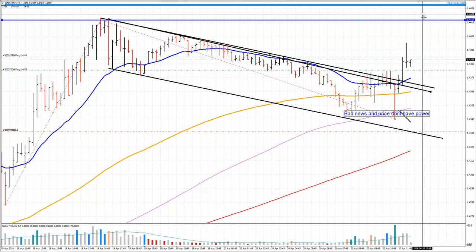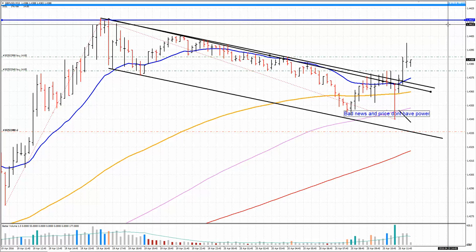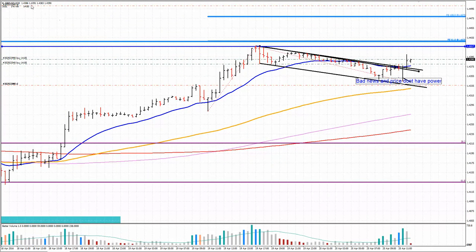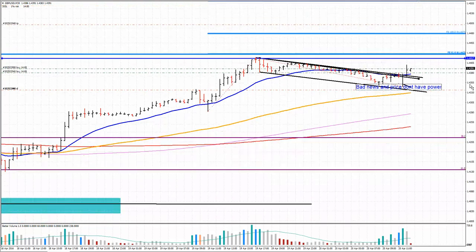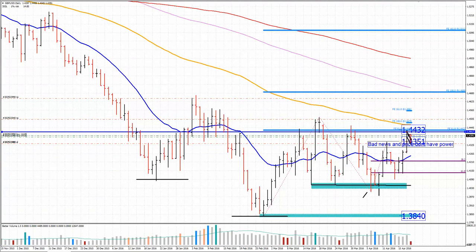But again, we will see what the reaction will be if the price goes to 1.4417, which I expect. Actually, my fixed targets are set at the price of 1.4500 and 1.4650. The reason why I place them there is that this is the swing high, the first take profit near the swing high